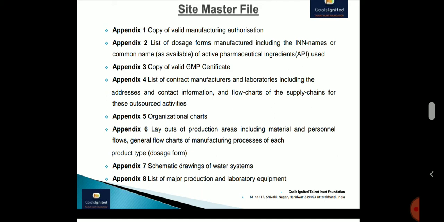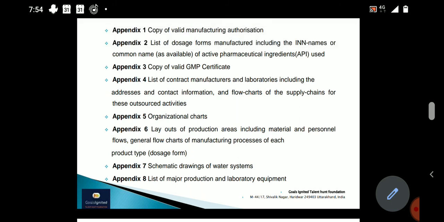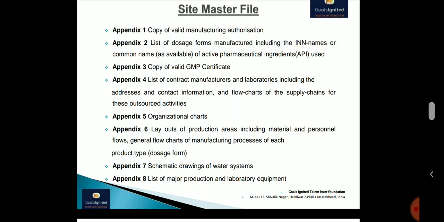Then organization charts. We may also have the quality chart, because the quality department is subject to direct reporting and is an autonomous body for the plant. So it should be included with the organogram: a complete organogram with production, QC, QA and everywhere, but also a separate organogram for quality, showing that it reports directly to the top management or the owner of the company, should be enclosed with the